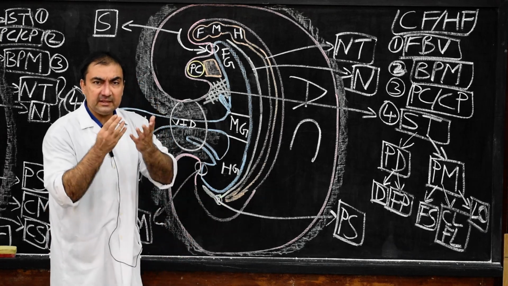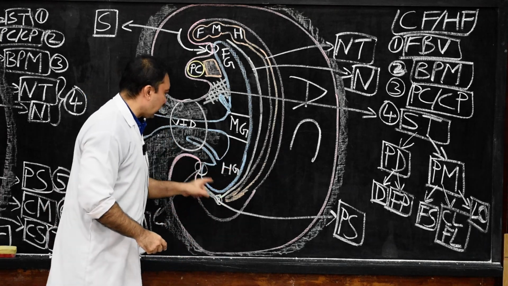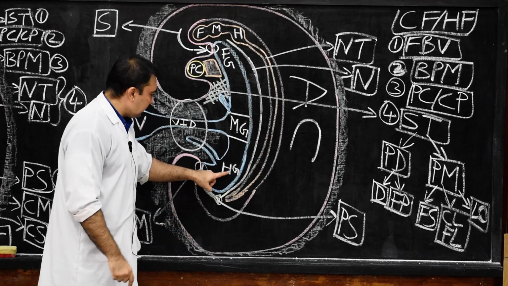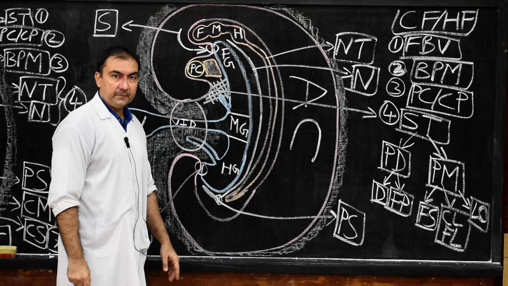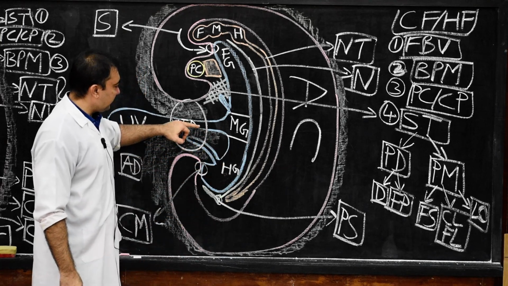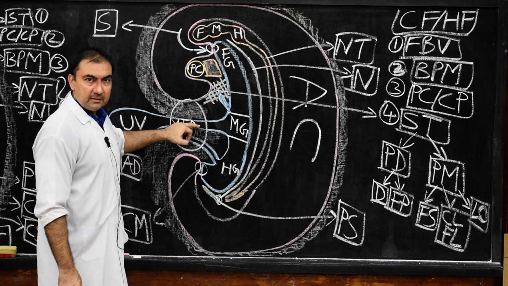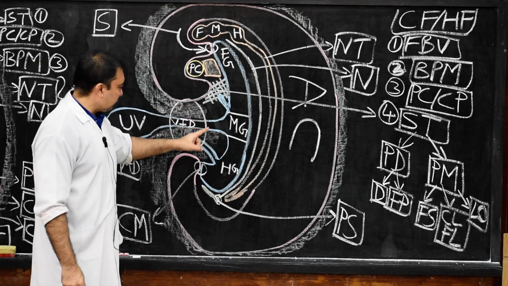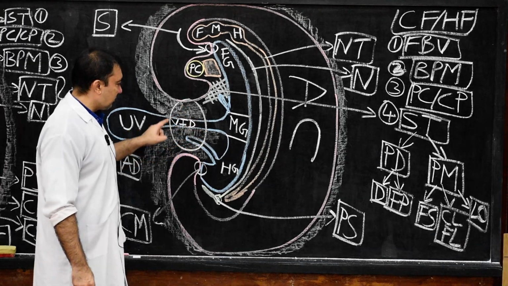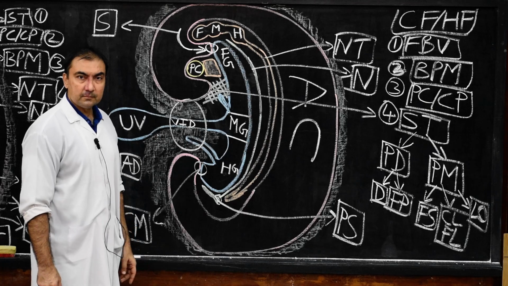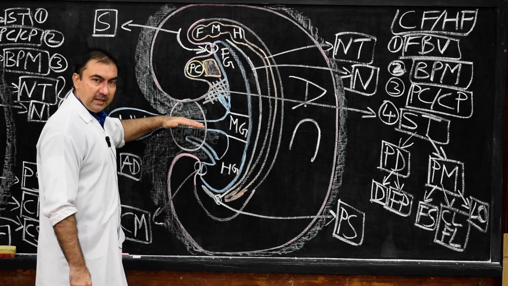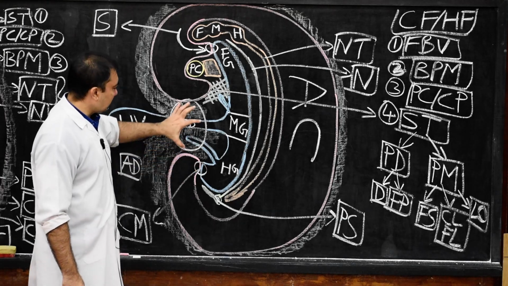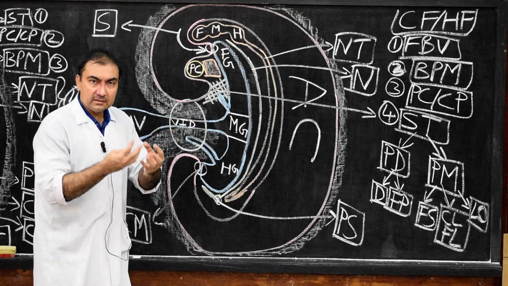Now what are the structures in the tail fold? It revolves around the hind gut. So therefore, in the hind gut, if you see the ventral portion, there will be vitellointestinal duct, extraembryonic mesoderm, and therefore this will be known as umbilical cord. So the entire ventral portion of the hind gut from above to below will include umbilical cord and its constituents.